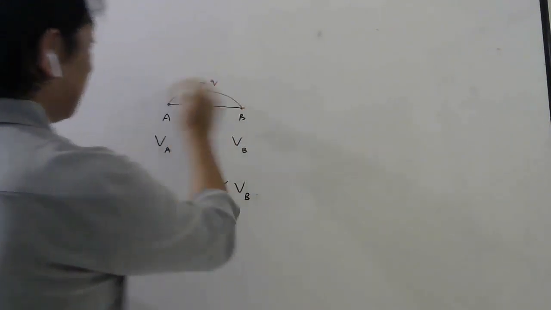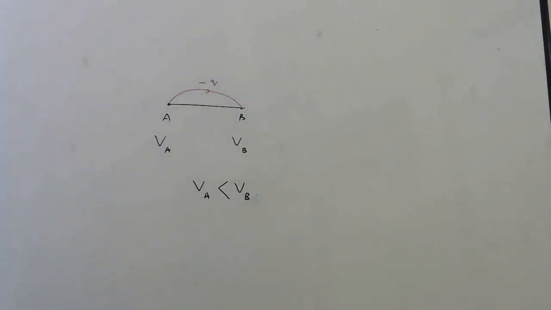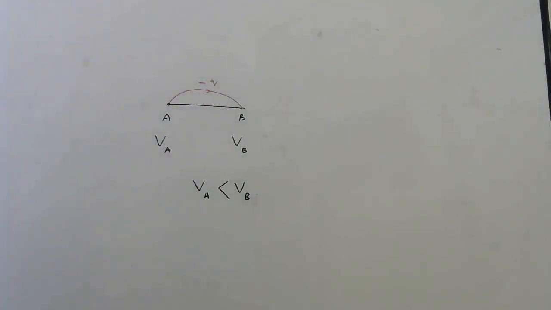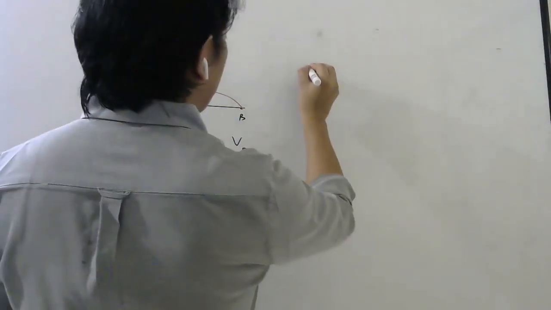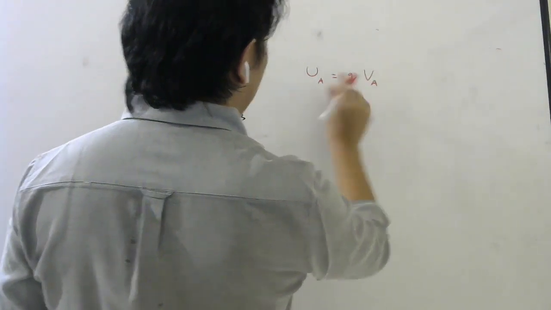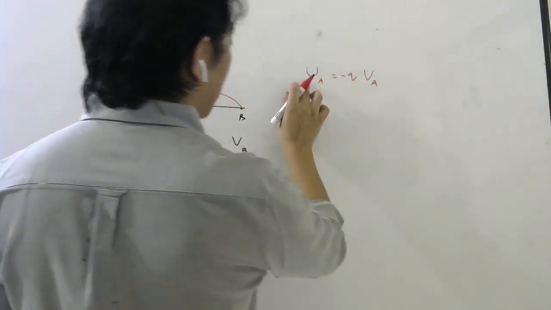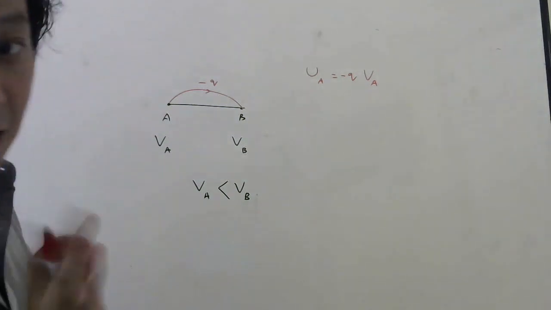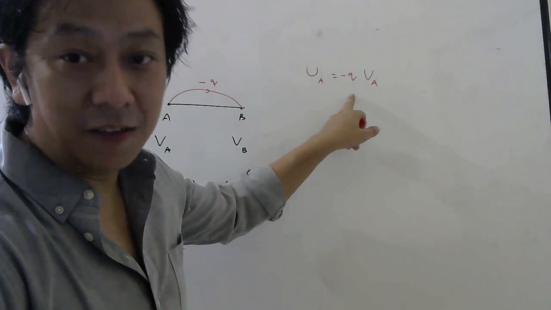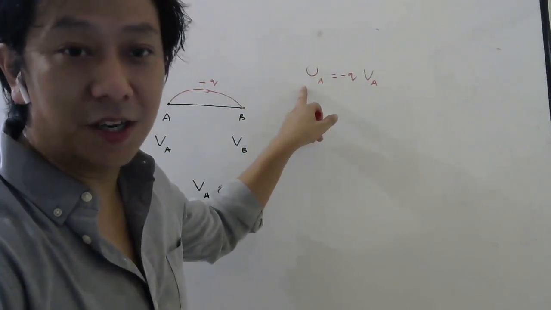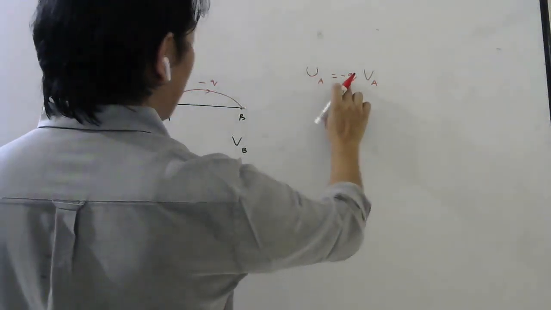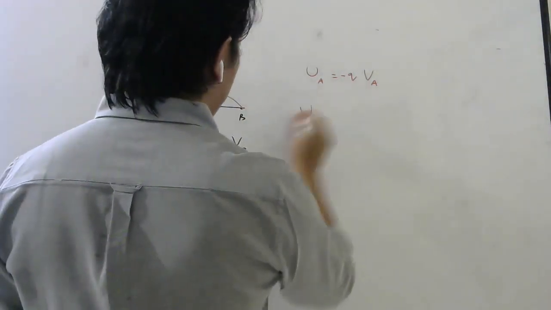Okay, students? Now they are saying a negative charge is taken from here to here. Negative charge. They said negative charge, right? So if a negative charge is taken from here to here, what happens to its potential energy they are saying? What is the potential energy at A? Q into VA. But Q is negative, so we have to put minus sign because we are calculating potential energy. I have told you already, if the charge is negative, while calculating potential or potential energy, you have to put the minus sign. So this is the potential energy of minus Q charge at this point.